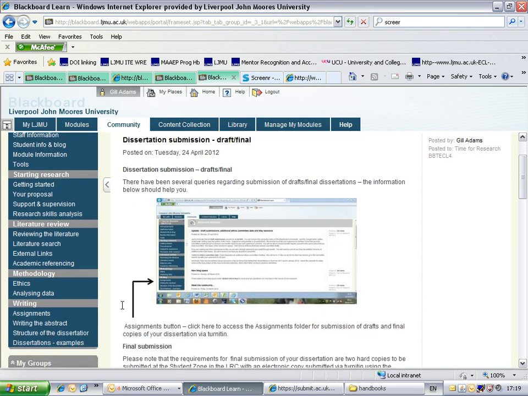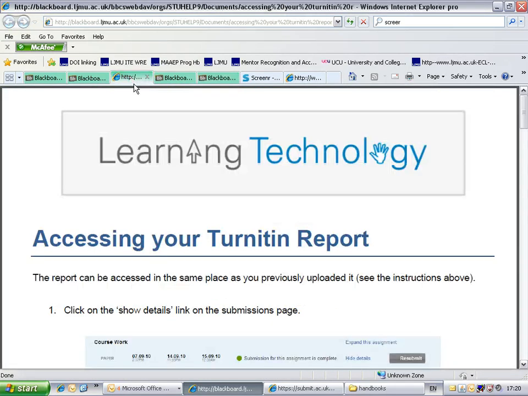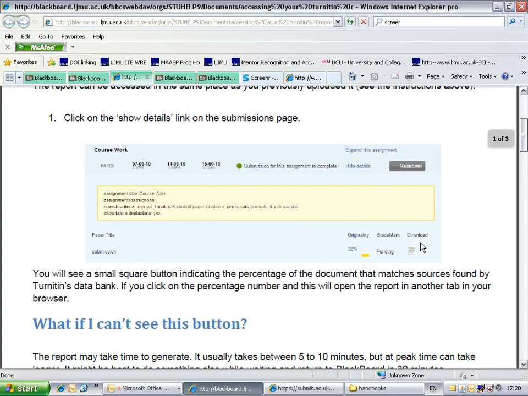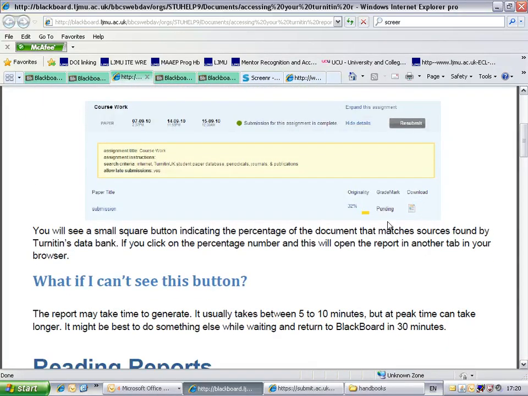So to find your Turnitin report, you need to click on the Assignments button on the community site and go back to the place that you originally submitted it. You will find there a help guide produced by Learning Technology, and I would strongly urge you to look at that before you go and access your Turnitin report. So it will show you how to access your report, what you will see when you go in, and what